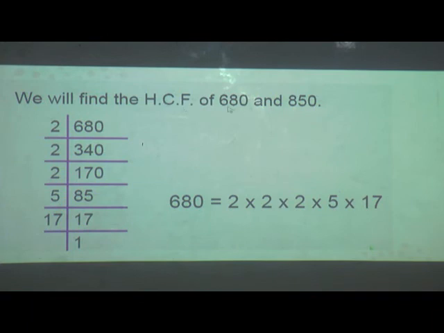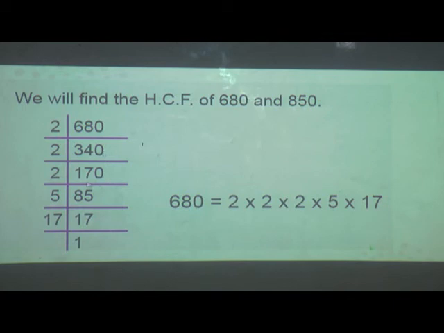So let us see, 680 liters and 850 liters. Let us find the prime factors of 680 first. 2 3s are 6, 2 4s are 8 and 2 zeros are 0. Now we got 340. Again 0 is in its ones place, so it is divisible by 2. 2 ones are 2, 3 minus 2 is 1. So 1 and 4 becomes 14. 2 sevens are 14 and 2 zeros are 0.